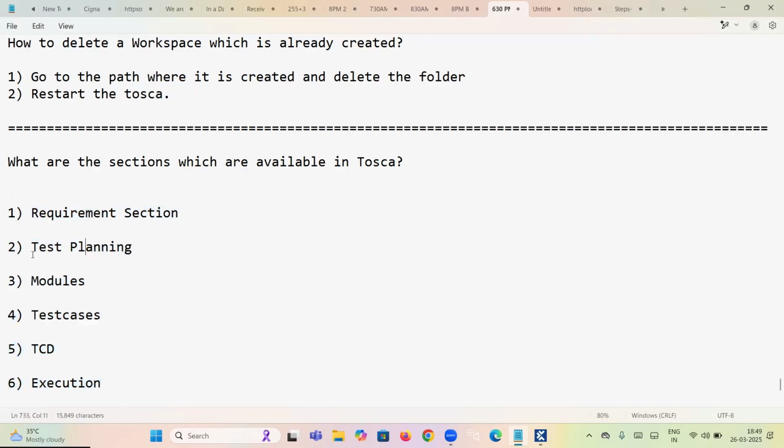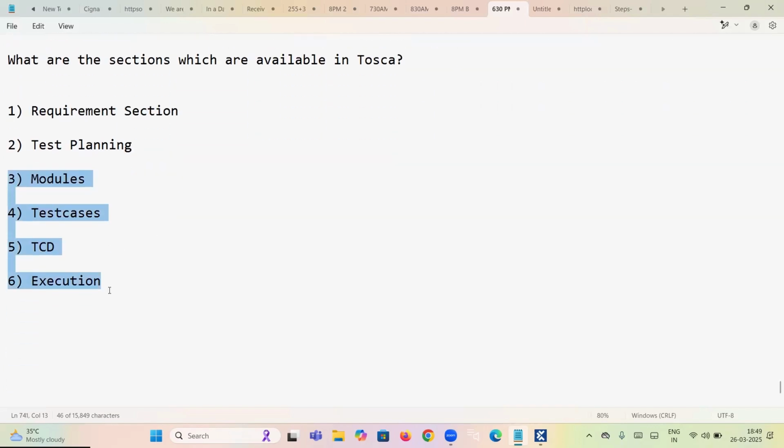In that also, if you dig deep, these four are very, very important. Generally, we will use these four only, but we won't learn it. No, we will learn this one, guys. So before you learn this, why are we maintaining this order? That is very, very important. Why are we putting requirements first?